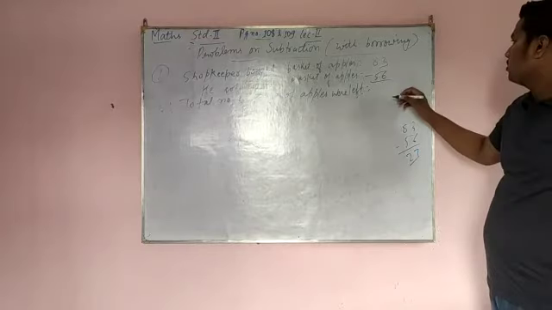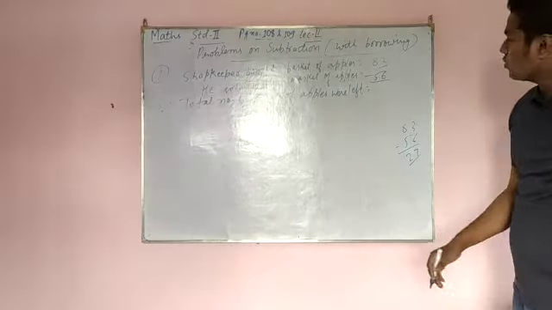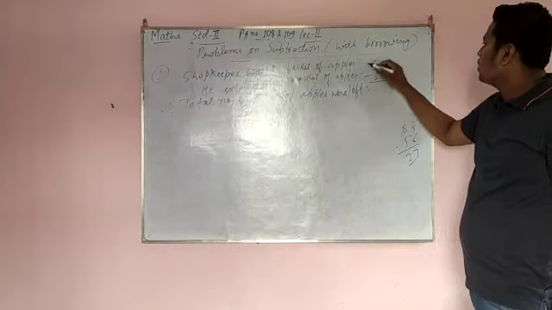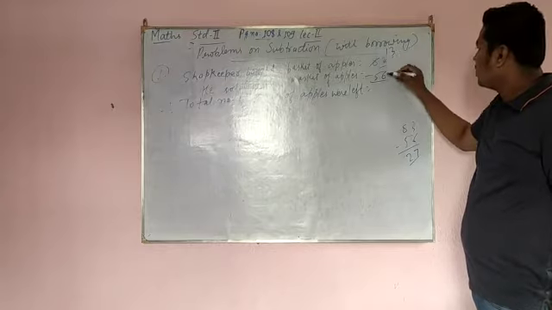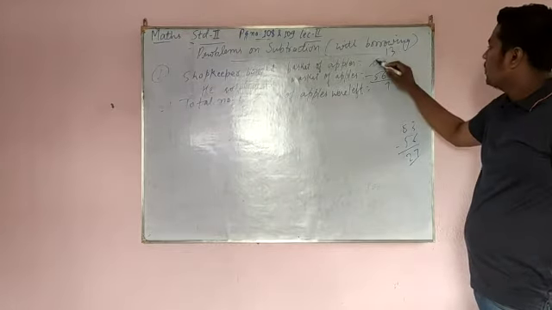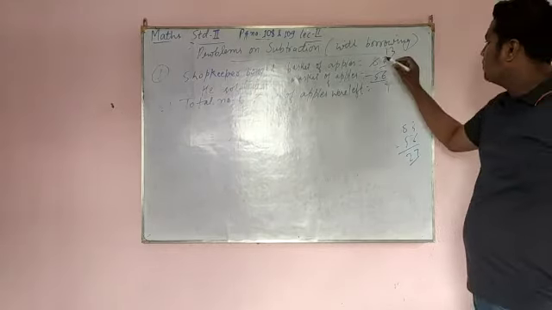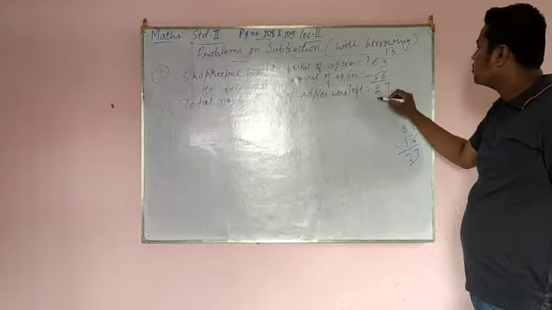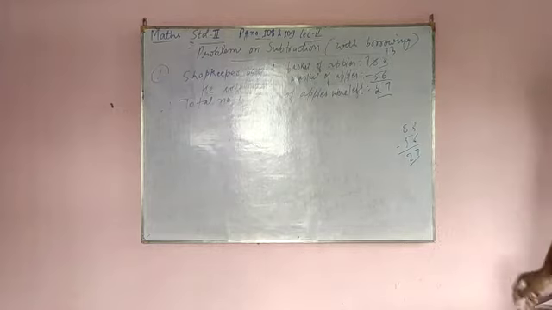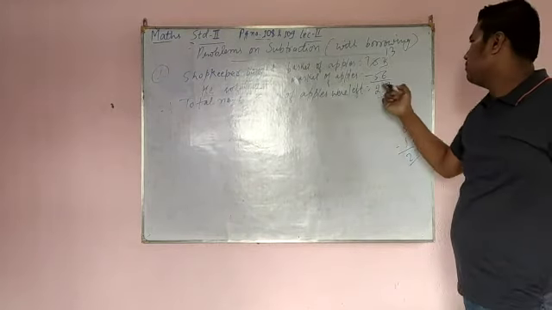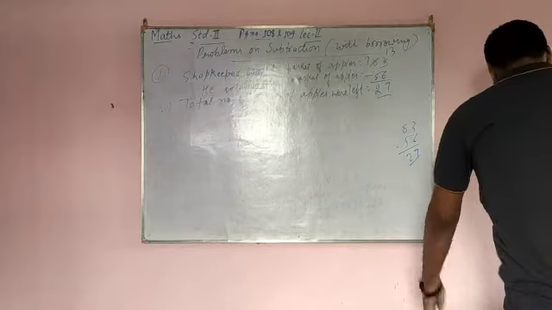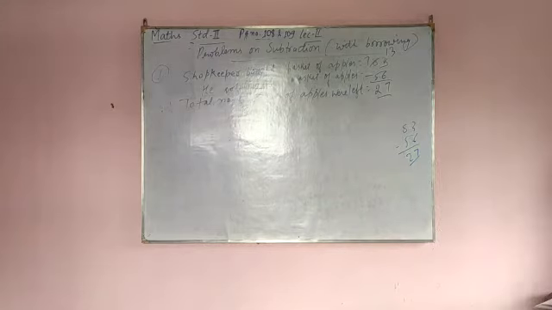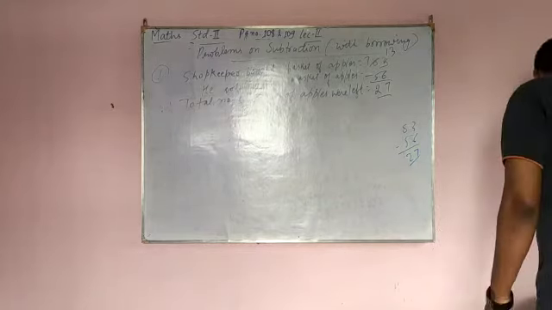Now just subtract here: 13 minus 6. 3 minus 6 you cannot subtract, so what will you do? You will take 1 tens from here, so it will become 10 plus 3, 13. Now 13 minus 6, you will get 7. Now 1 tens you have already taken from here, so it will be left with 7. 7 minus 5, 2. When you solve in the statement way, you get the answer to this question, but in your book just simply solve like this. So with the help of this, question number 1 you can easily solve.